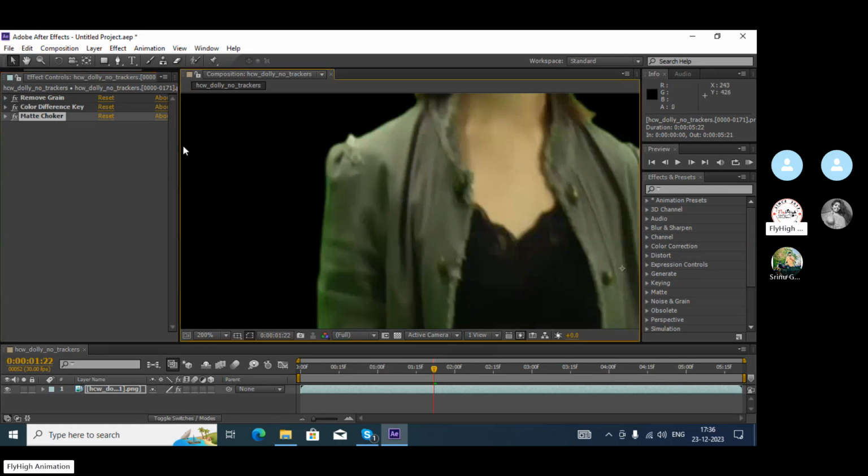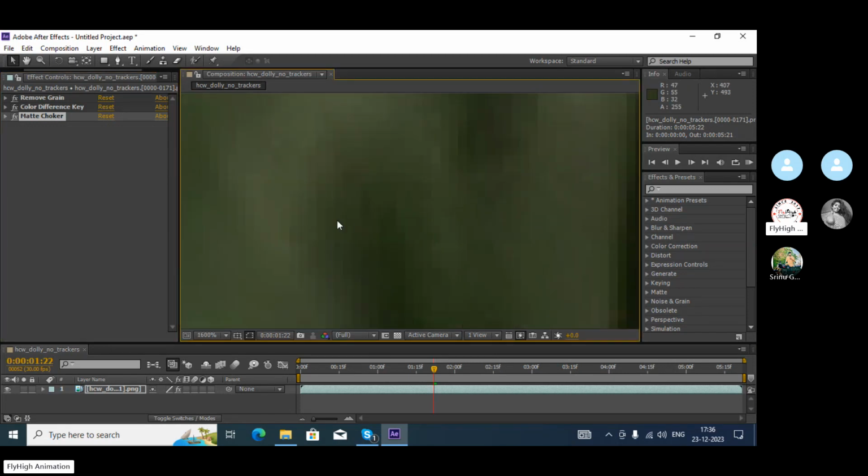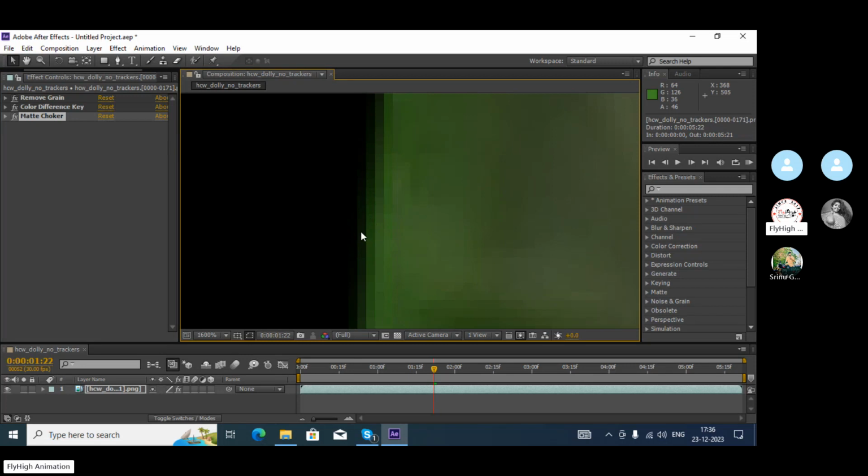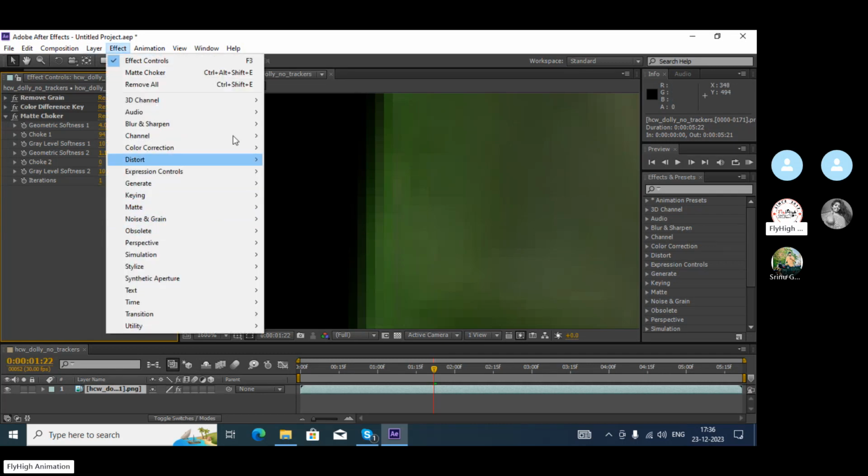So once the softness we added in the matte choker, after adding the sharpness inside, then we added a little bit of the geometric softness too with the 1.1 value, so that I got this little bit of smoothness. Then you can go with the effects,